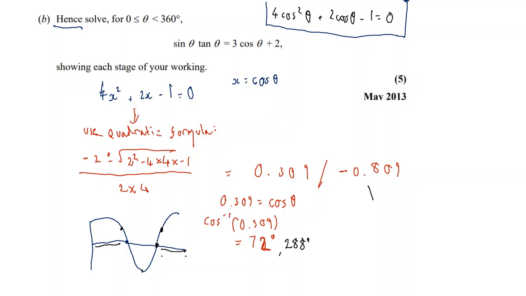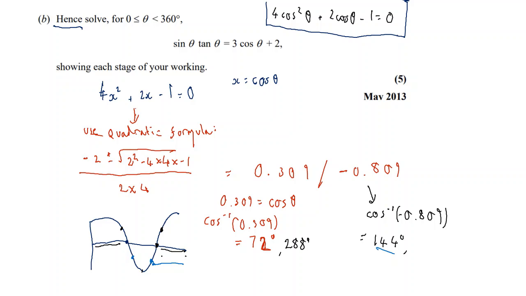Let's do the same sort of thing over here. So we're going to do cos minus 1 of minus 0.809. So when I put that in, I get 144 degrees. And again, let's just think about what that looks like. So 144 degrees. Well, if this is 90, this is 180. So let's say 144 is going to be about here. Then there'll also be this value here. So to find what this value is, I would do 360 take away 144,